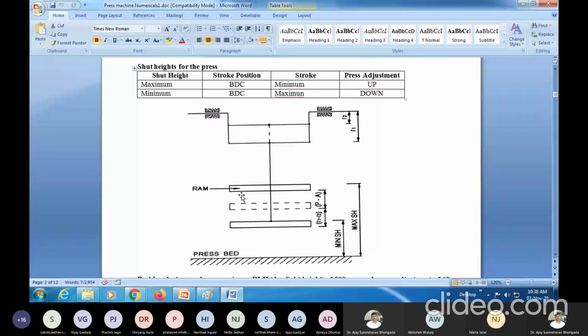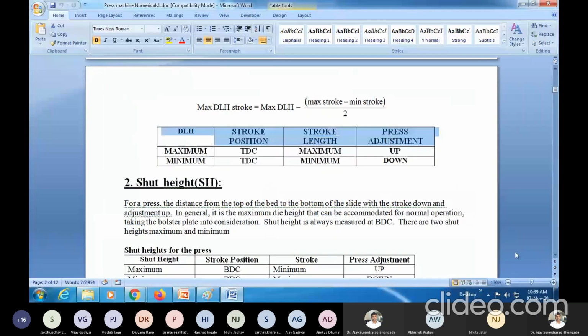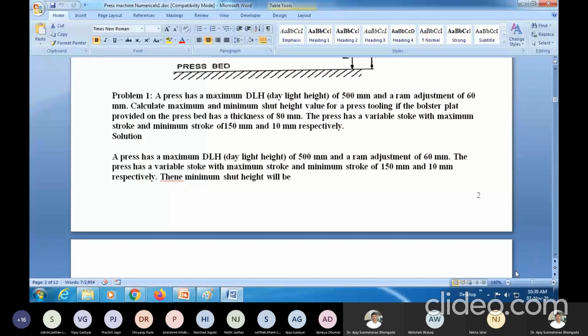Now just have a look at this particular numerical and what it means. I believe all of you can see the screen. Okay, so you can see the problem. A press has a maximum daylight of 500 mm, correct? And a ram adjustment of 60 mm.